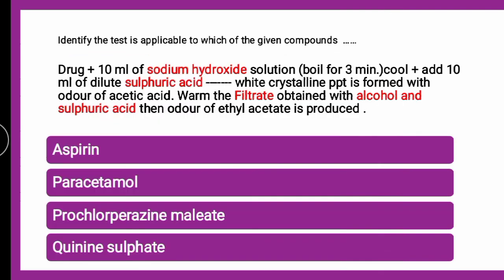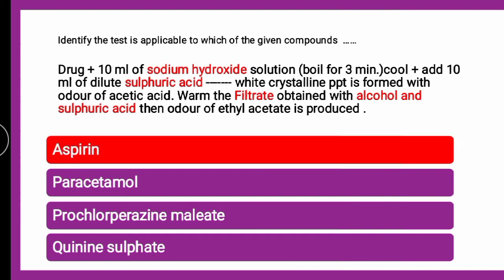Next question is, identify the test which is applicable to which of the given compounds. Now here the same test is there, with H2SO4, sulfuric acid, wherein you are supposed to treat, and whatever precipitate and filtrate is obtained, the filtrate obtained here is treated with alcohol and H2SO4, and the odor of ethyl acetate is produced. So in this test, the filtrate is in the picture, earlier the precipitate was in the picture. Whether it is positive for aspirin, paracetamol, prochlorperazine maleate or quinine sulfate, the correct answer is aspirin